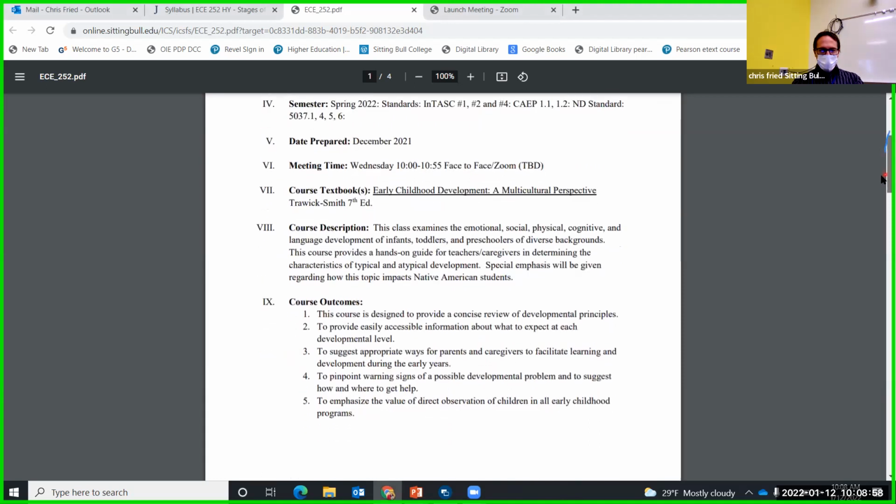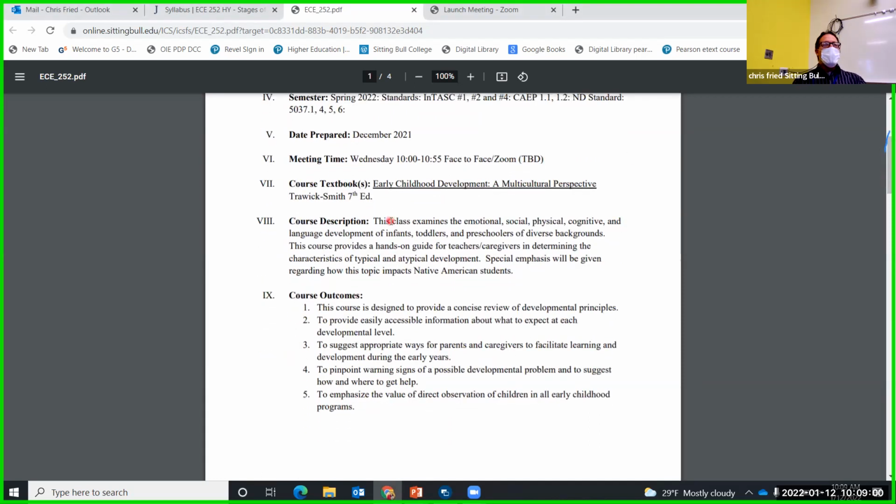So we'll look at a variety of perspectives in early childhood and the development of kids, and not just look at the Western world. We'll see that as we jump into the first chapter right away. It talks about a variety of perspectives from different families and students.